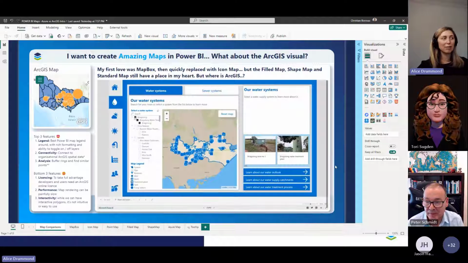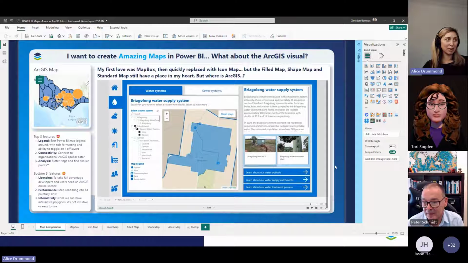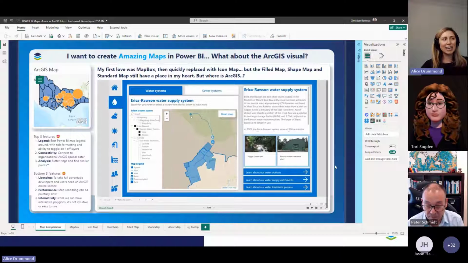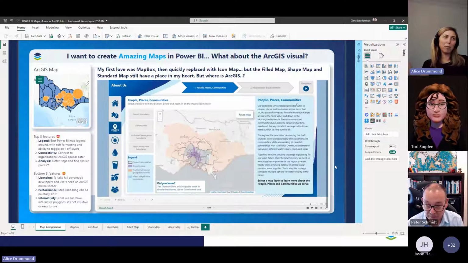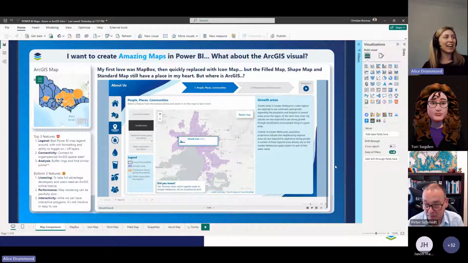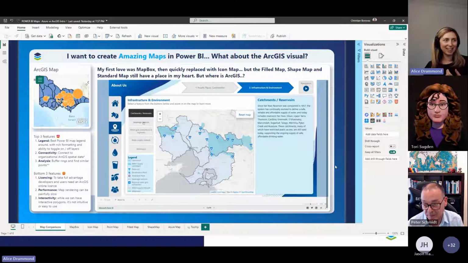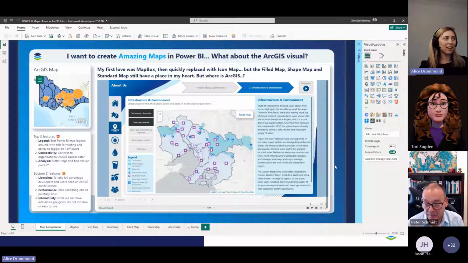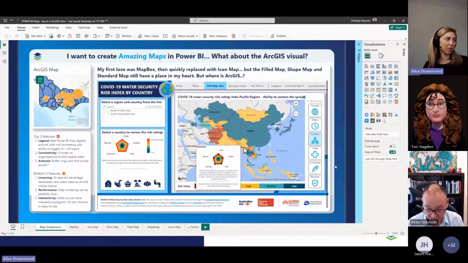We can store the data locally within Power BI, load lots of different layers as WKT, but it is more complex. And it's not a full end-to-end kind of web mapping tool that a lot of people in the environmental industry have come to expect with working with tools like ArcGIS Online and Story Maps, which provide you the abilities to easily toggle on and off layers, have a rich legend, tap into your organizational data. So while Icon Map ticks a lot of the boxes, and also the other core mapping visuals,